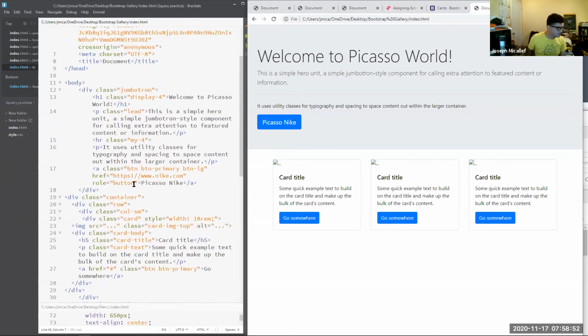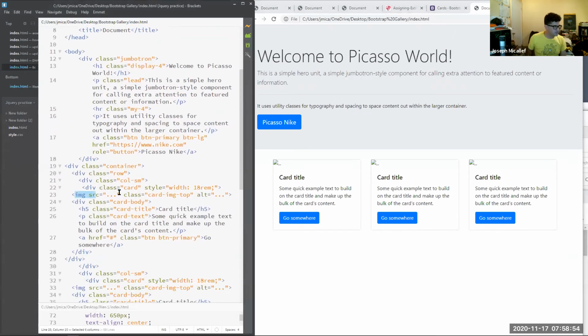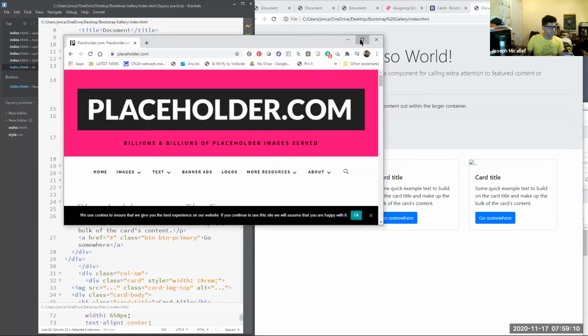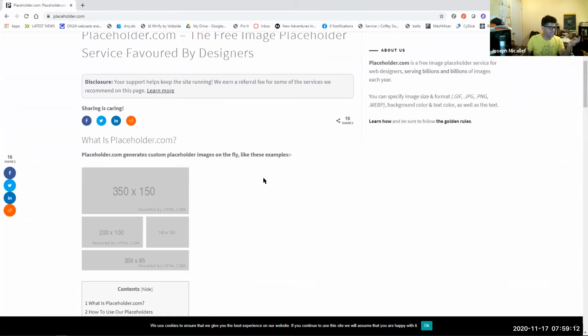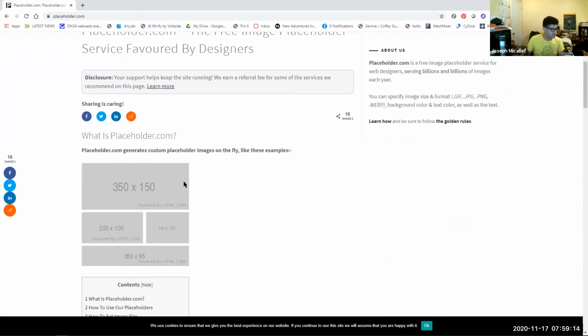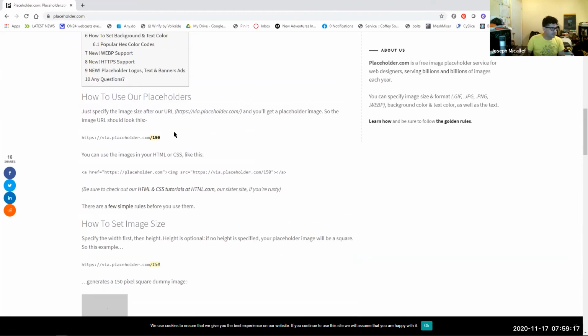So the images go where it says image source. I'll start with the first one. You're already used to the image source tag, so your image is going to go in here. You're going to replace those 3 dots with the location of your image. This is where I'm going to use placeholder.com. I'm just using this as a means to add something temporary so I don't have a broken image link. And I'll use the 150 pixel one. So I'm going to copy this,